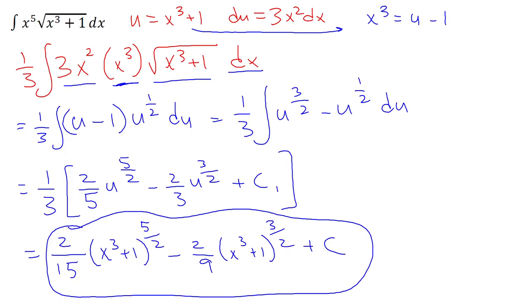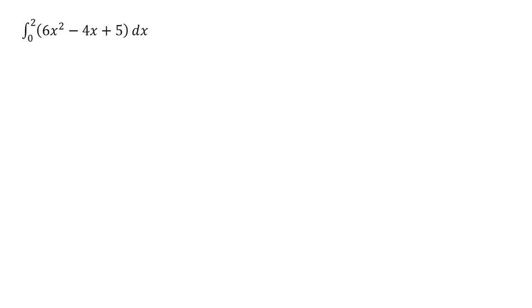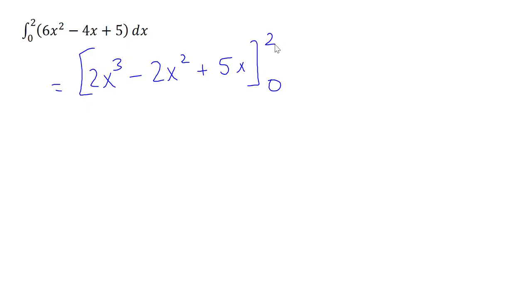And so now we'll go through and we'll do some definite integrals here. So starting off with just a nice power rule definite integral. So we'll just integrate this. 6x squared will go up to become x cubed. And when we divide by 3, we'll get 2x cubed. And then the minus 4x squared will become a minus x squared. All right, we'll divide the 4 by 2, which will be minus 2x squared. And then the plus 5 will become a plus 5x. We're going to evaluate from 0 to 2, which is really convenient for this particular problem,